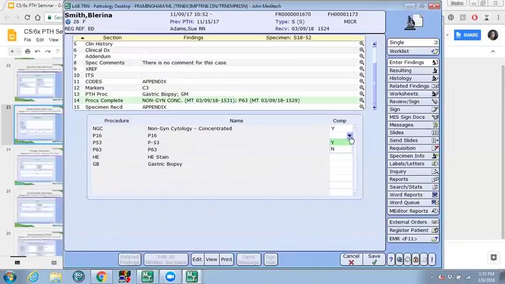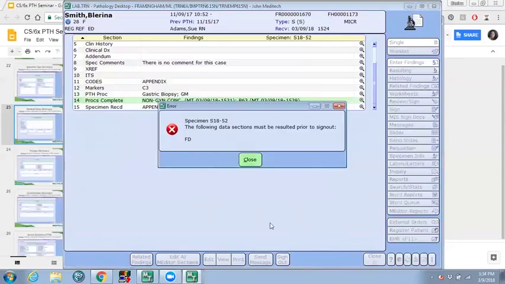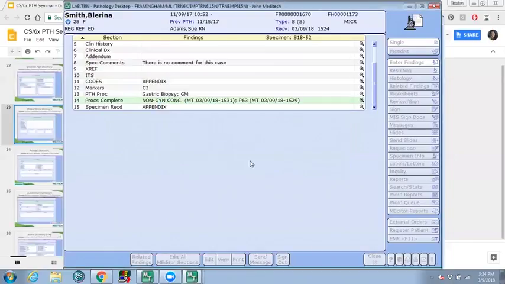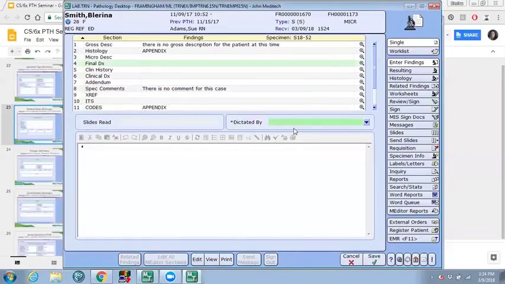So before I can mark them as sign out, if I try to say that I want to sign it out, I have two error messages that should be defaulting in. The first one would be the following data section must be resolved prior to sign out. This is page 2 of the specimen type dictionary. So if I would come to final diagnosis and I enter,